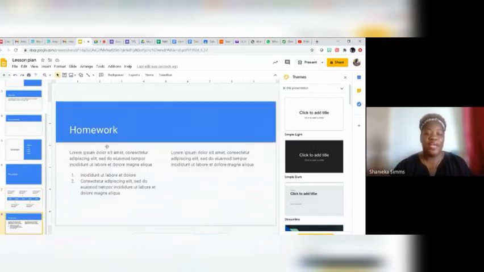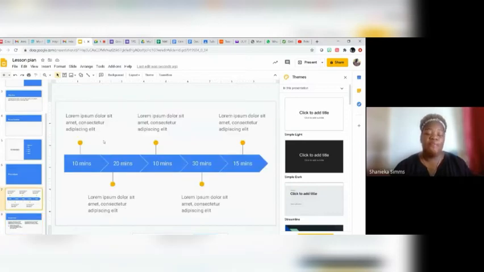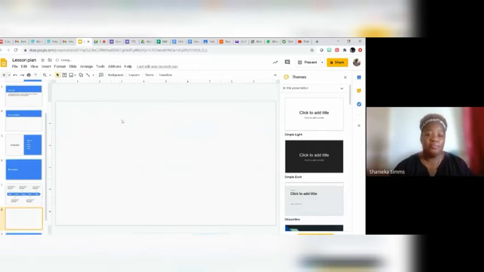Here we have a final slide with homework. So anything you want your students to do at the end of this session, you can put it here for their homework. But let me just go back right up here where we have the different activities. So we have the 5 E's here. You can add a slide and put some more